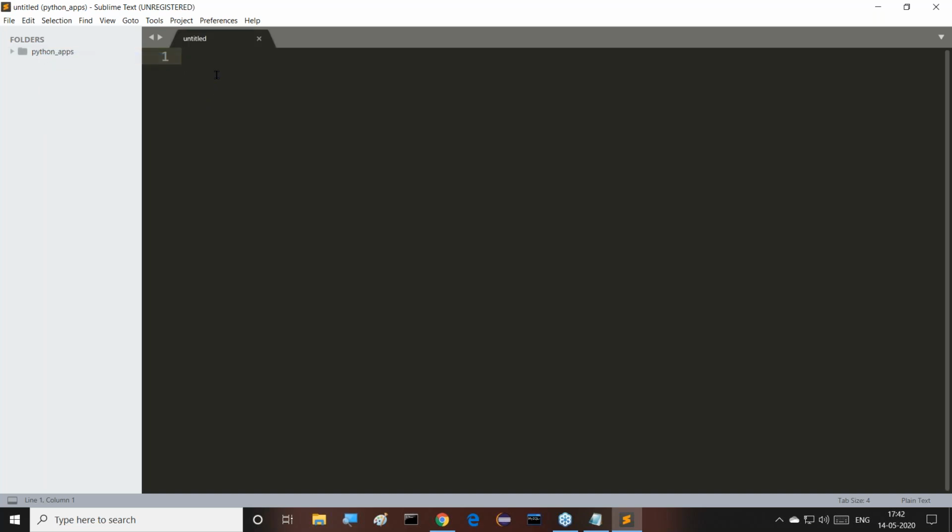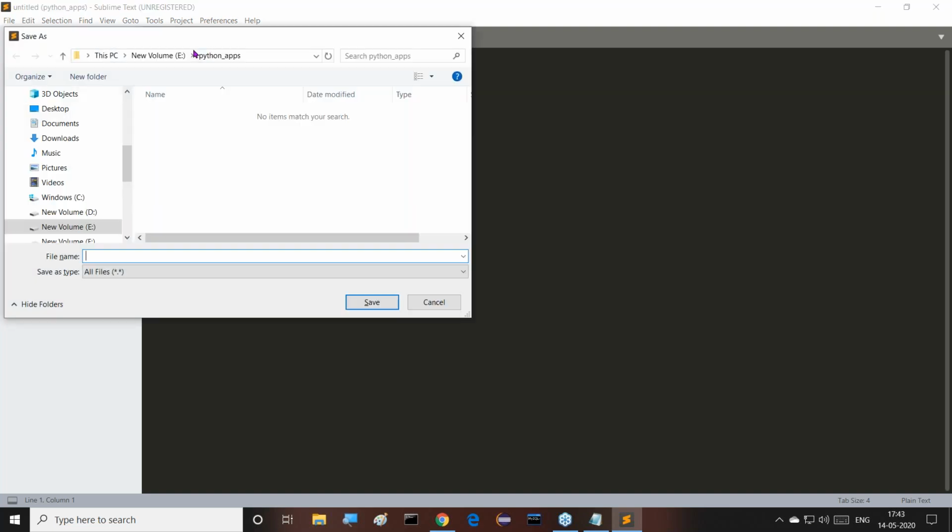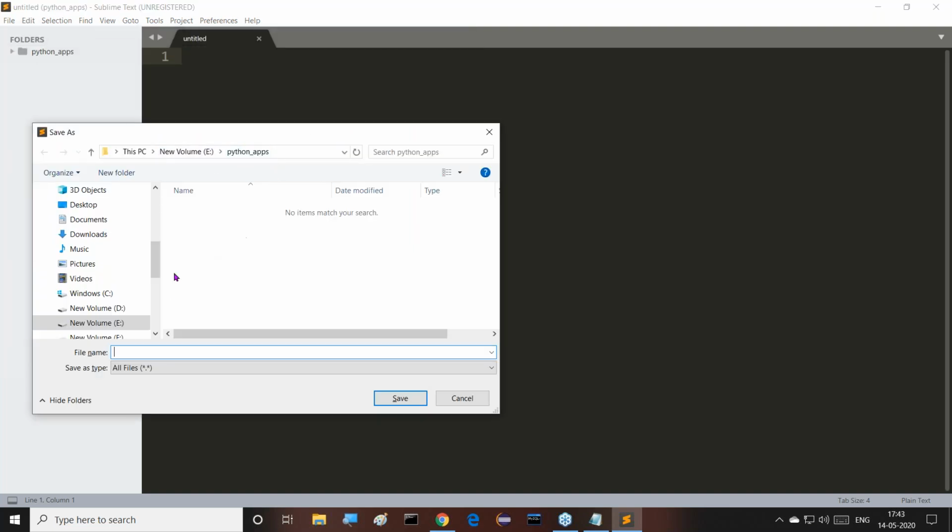If you click on new file, here we are getting an untitled tab. Understand this clearly now. Whenever we get this untitled tab, the file is created but no title is available. So immediately try to save this file. To save this file, use Control S. If you type Control S, automatically a window is opened to provide the file name. So now you need to give the file name.